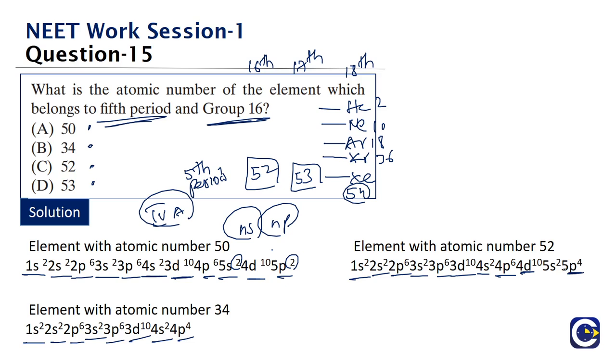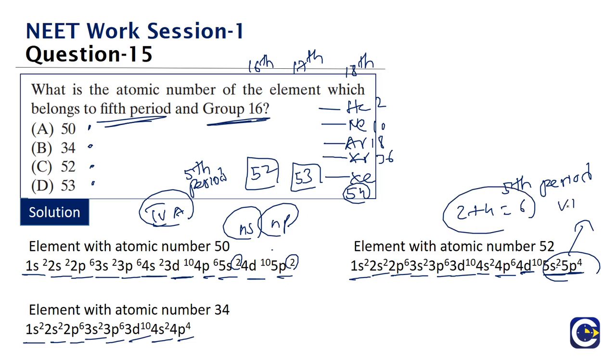Okay, so here we can see clearly this is what? This is the fifth period. This element belongs to what? Fifth period, and the last entering electron is getting into the p, 5p. Okay, so add it, the 5s 2 electrons plus 5p 4 electrons, 6. So this is what? Element of the 6A group. In the modern numbering system, this is what? 16th group. 6A means what is it? 16th group. Correct. So that is our answer.